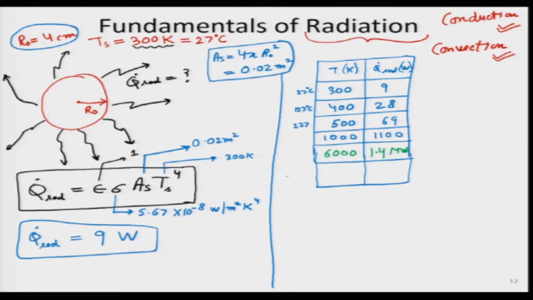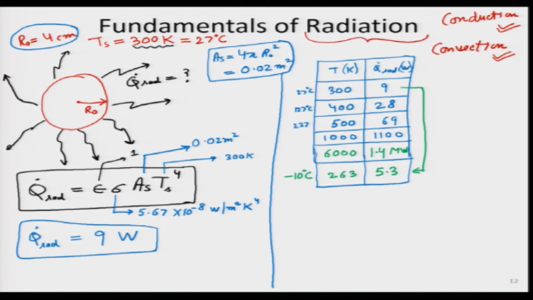Lastly, one last number I wanted to pick was, if, let us say, we gave it a temperature much colder than the room temperature, let us say minus 10 degrees centigrade. So, I converted it into Kelvin. So, we get 263 Kelvin. Over there we will get something less than 9, right, because now we are going in the other direction. So, if my calculation is correct, it turns out to be about 5.3 watt, which is really a small number over here.